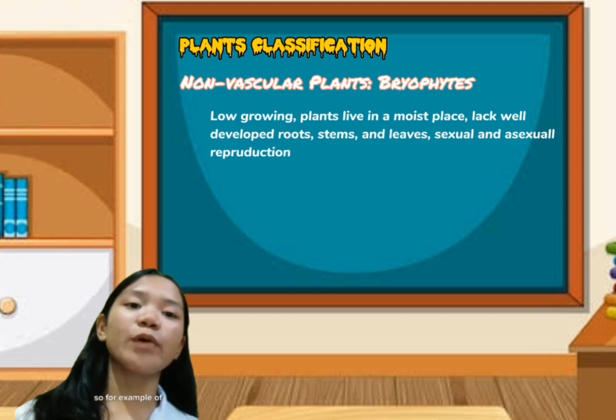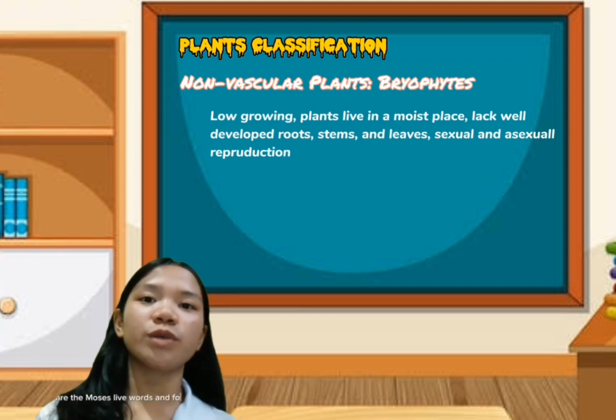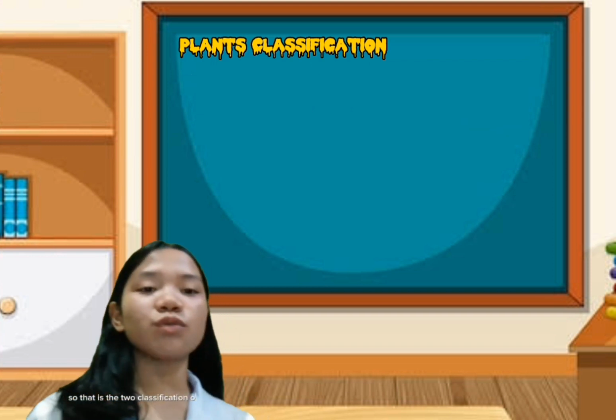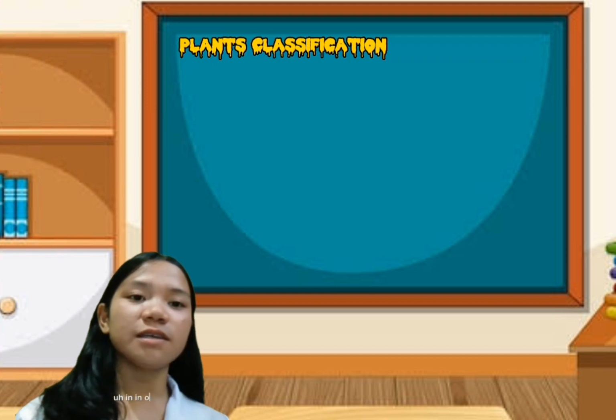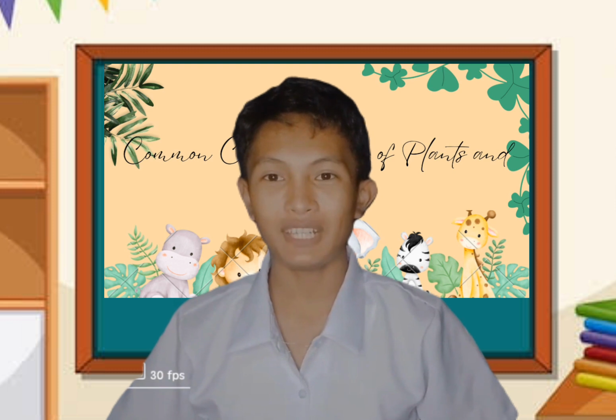Examples of bryophytes are mosses, liverworts, and hornworts. So that is the two classifications of plants in our topic. That's the end of our lesson for today,